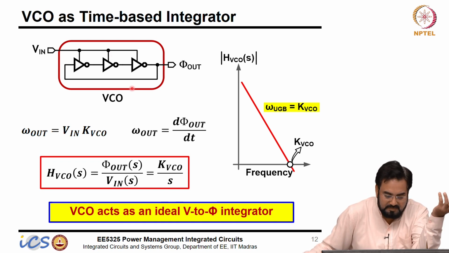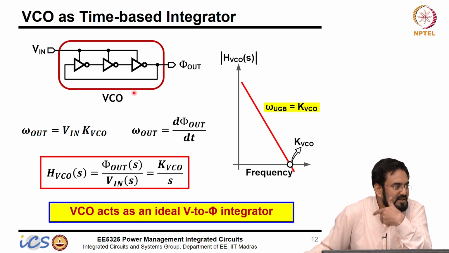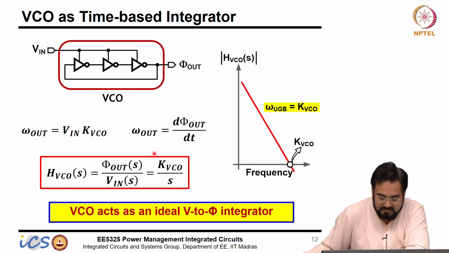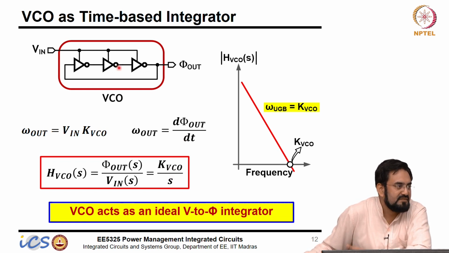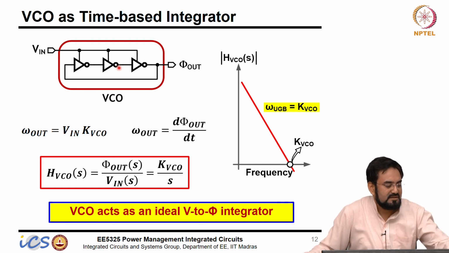And people who are taking PLL, or when you take PLL, you will understand this even better. So KVCO over s, and when you model the PLL, you model the VCO as an integrator. So the VCO is acting as an integrator. This is simply like 3 inverters connected back to back. Here output and input are shorted, you get a ring oscillator, and if you can make it current controlled or voltage controlled, whatever, it doesn't matter. So you get an integrator, and you can control the gain by controlling the KVCO. So without any capacitor, you can get the integration function here.